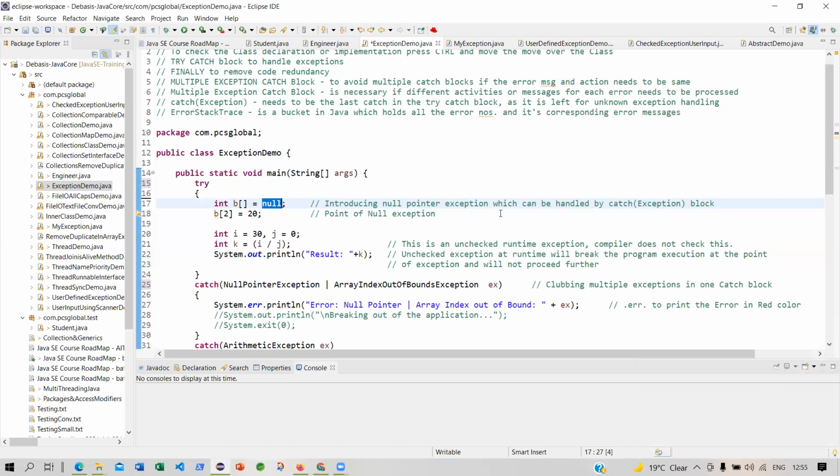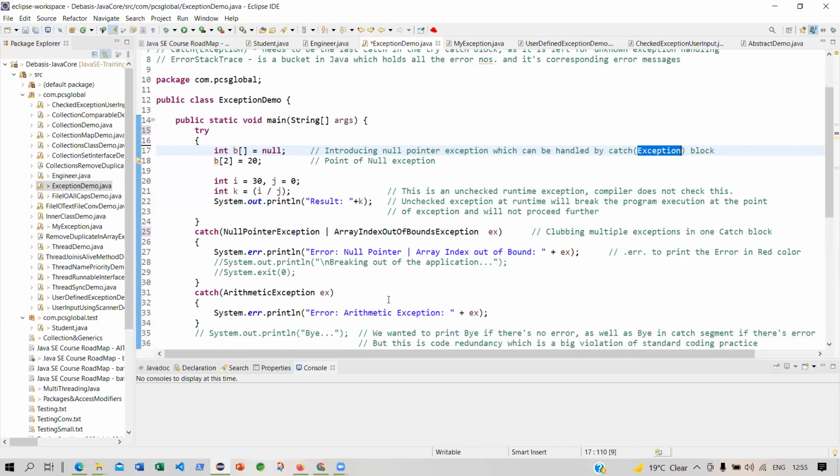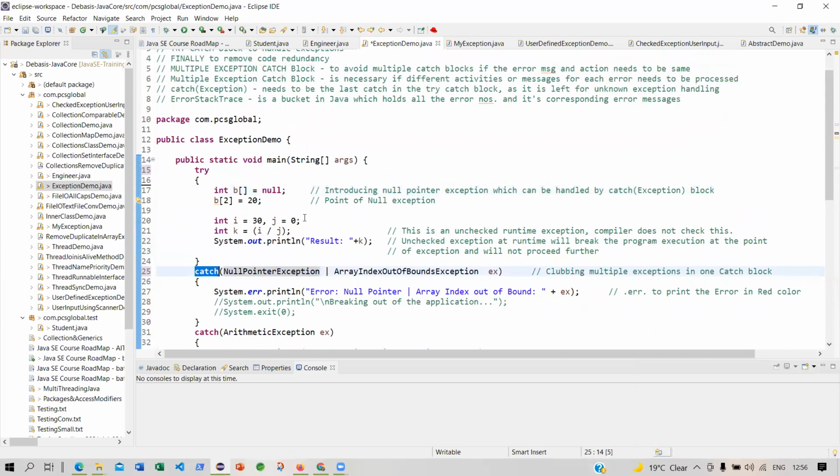This introduces a null pointer exception, which can be handled by the catch exception block. Because I have used null pointer exception, it will be handled in this catch block. We will see that.